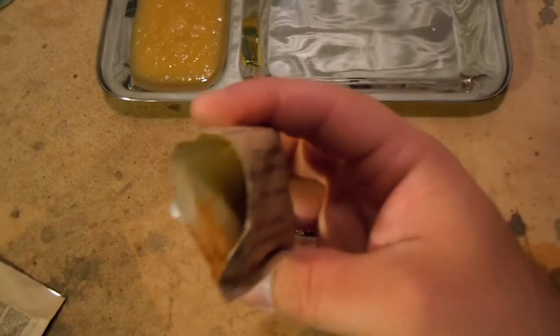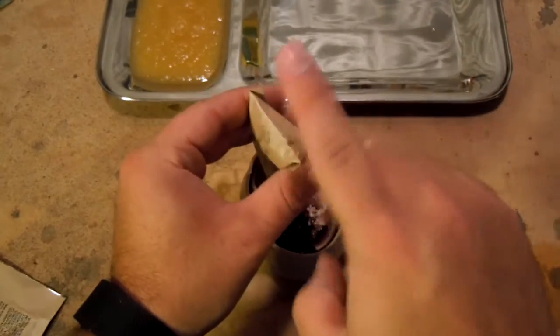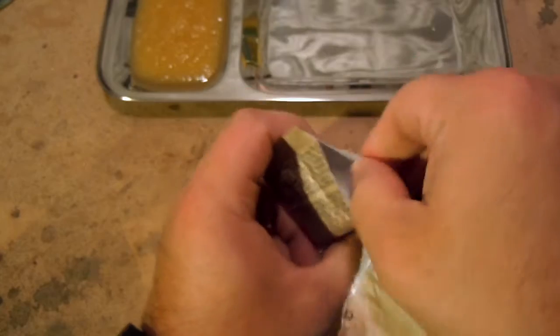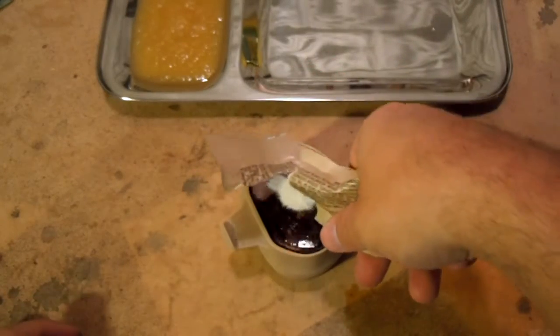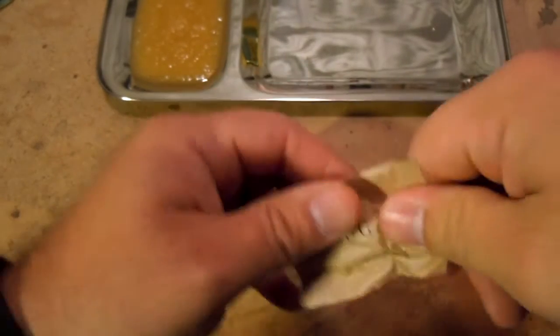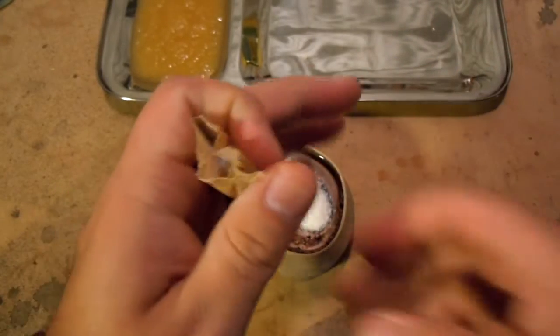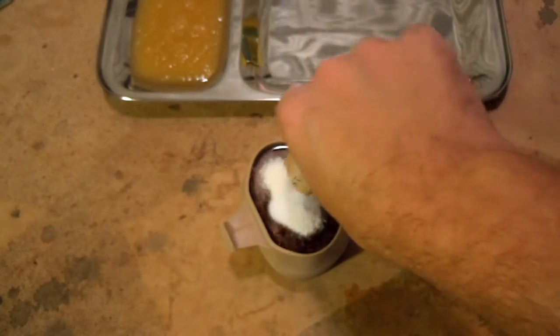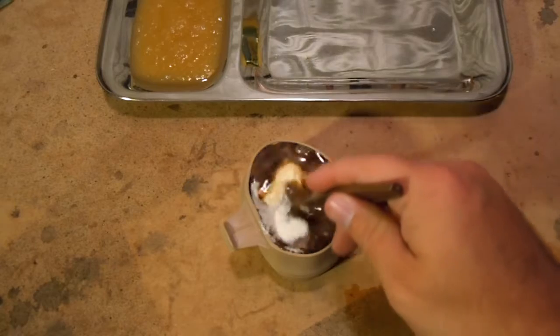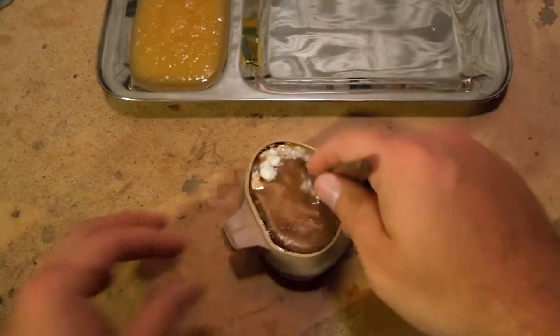I'll tell you what, instant coffee doesn't really do anything for a lot of people, but I will say that the smell is very nice. For that alone, that sometimes can be enough, especially if you're in adverse situations. It's just nice to have that olfactory smell. Get a little sugar in there. And normally if it's good coffee, I won't add all that junk. But, you know, it is instant. And I have it, so